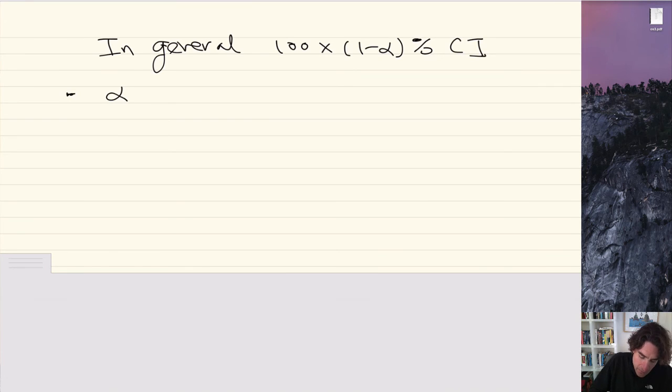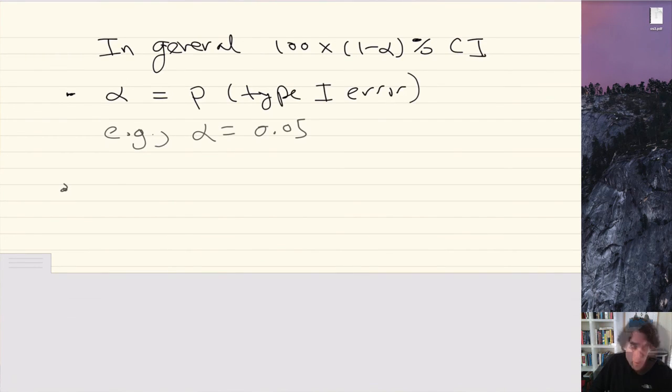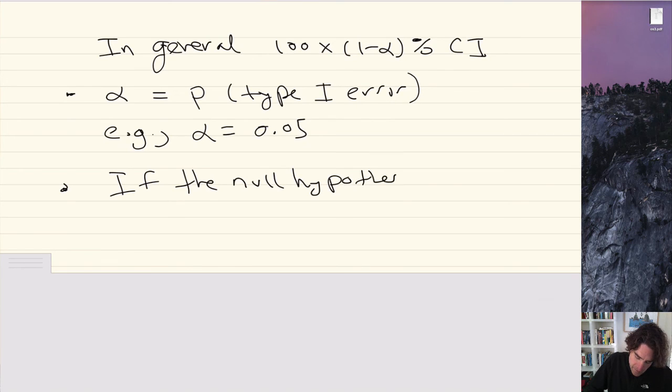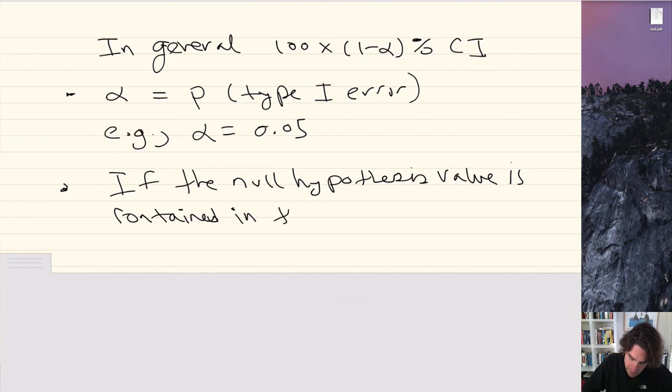One, alpha is the probability of a type 1 error. The second property is that if the null hypothesis value is contained in the 100 times 1 minus alpha % confidence interval,